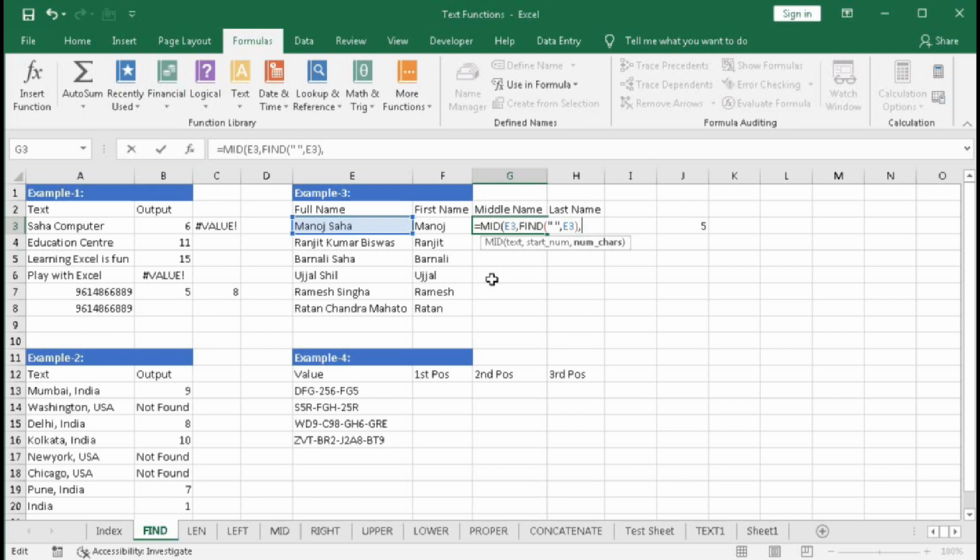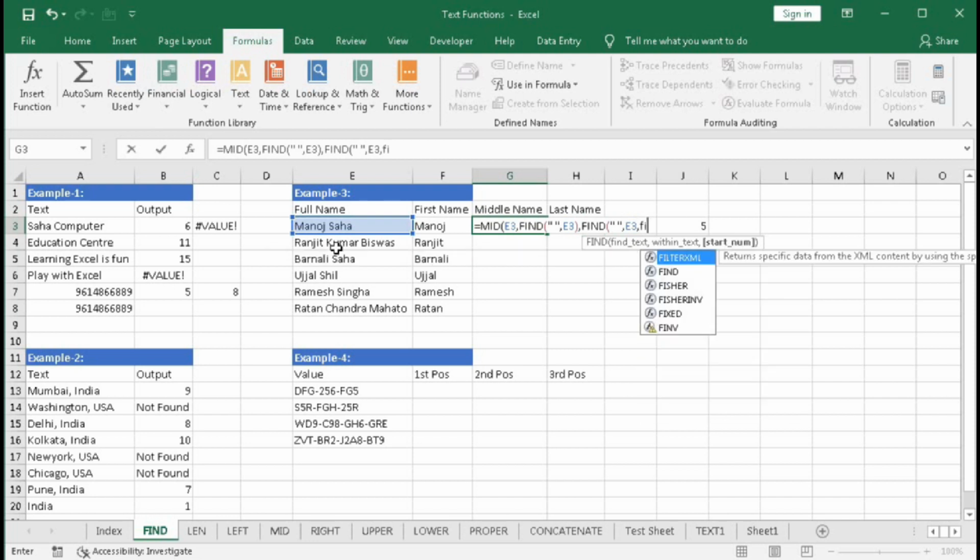Then comma, number of characters. So the number of characters will be the second space minus the first space. So how to get the second space position? So type here FIND, text equal to space, comma, within text this cell, comma, starting number. So the starting number should be after the first space. So how to get the first space? We have learned previously.